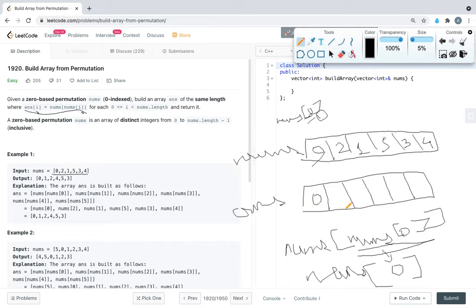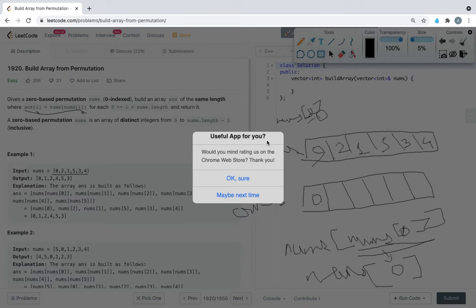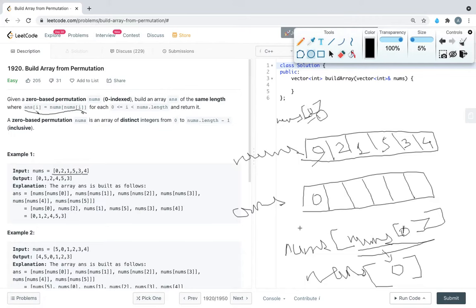Now coming to answer[1]. Answer[1] will be nums[nums[1]]. I am just erasing this part.